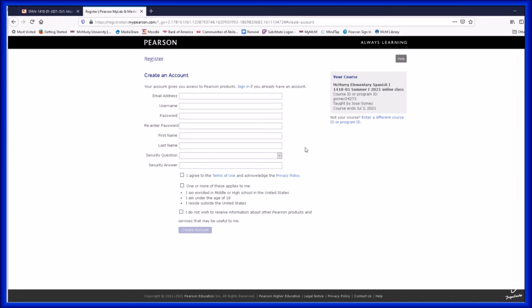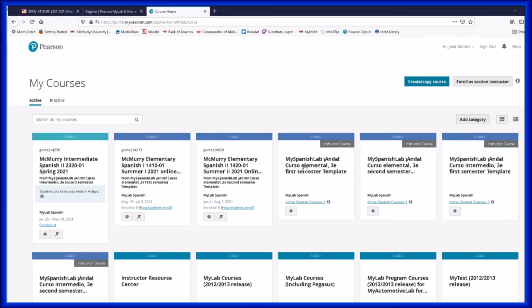And then you continue with all those steps to register in the class. Once you complete all of the steps for the registration process, you are going to have the class on the My Spanish Lab website.